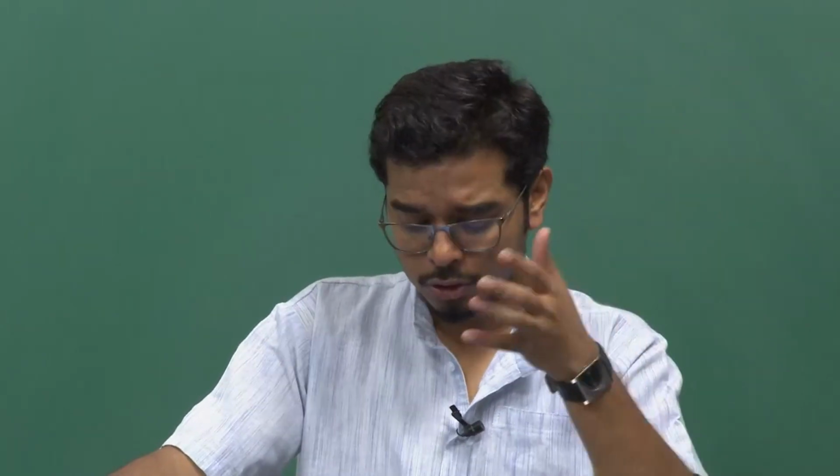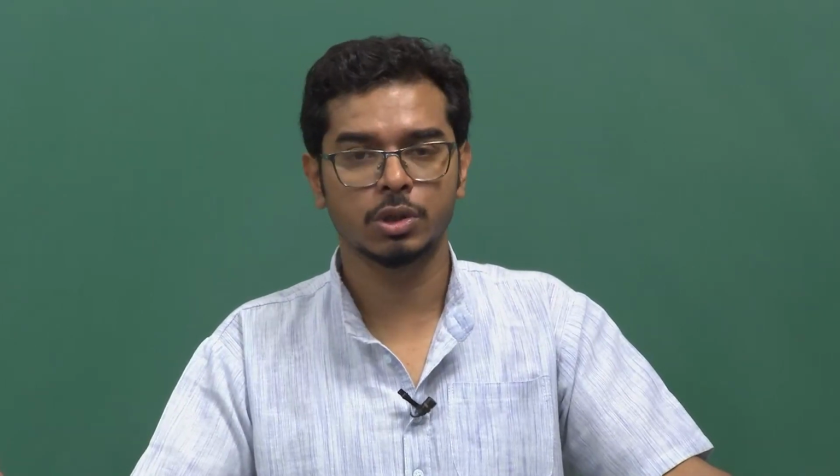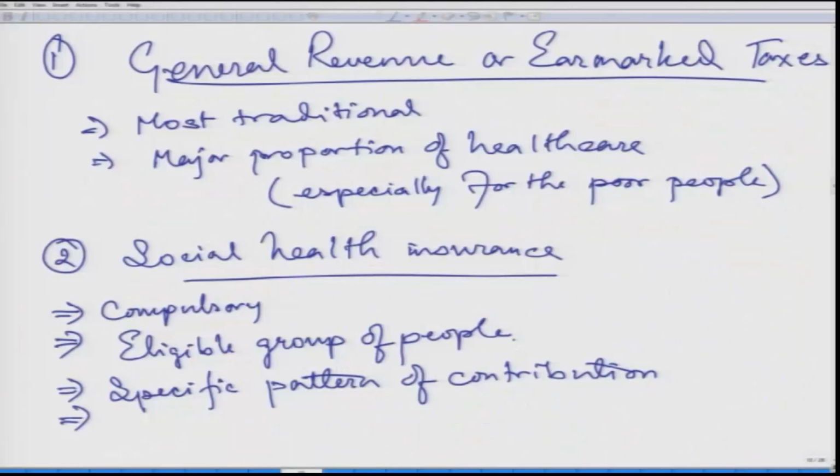The coverage is absolutely the same, the benefits are absolutely the same, but the contribution differs: the lower level employees will have a lower share of their salary going to the CGHS, whereas the top level managers will have to pay a larger section of their salary, so their contribution is more. And it's not similar everywhere. Say for a particular scheme, ESIS, those who earn something close to rupees 137 per day, for them there is no contribution. If anybody earns more than 137 per day, they have to pay 1.75% towards this ESIS scheme. So there is a specific pattern of contribution under each social health insurance program, and the benefits,